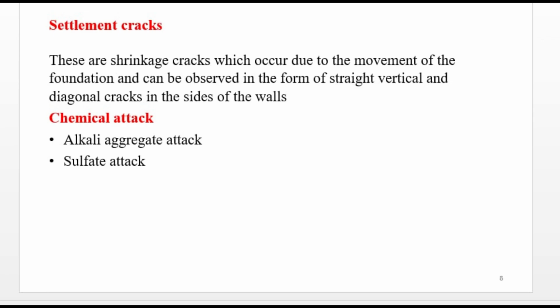These reactions can include alkali silica reaction and sulfate attack. Alkali silica reaction is a reaction between silica in aggregates and alkali hydroxide in concrete, which forms a gel that expands when it absorbs moisture. So this expansion can cause internal pressure and cracks. Sulfate attack is a reaction between sulfate ions and hydrated compounds in cement, which forms an expansive product that can